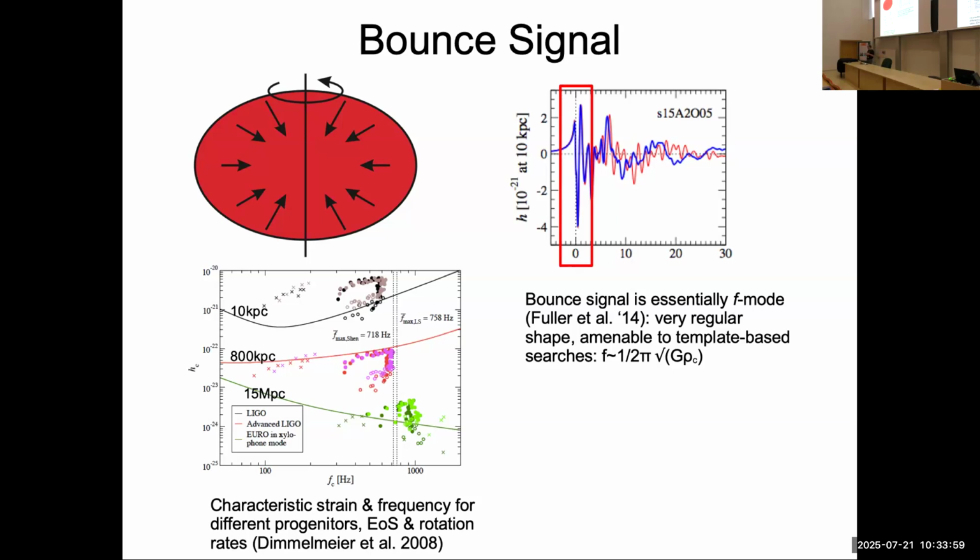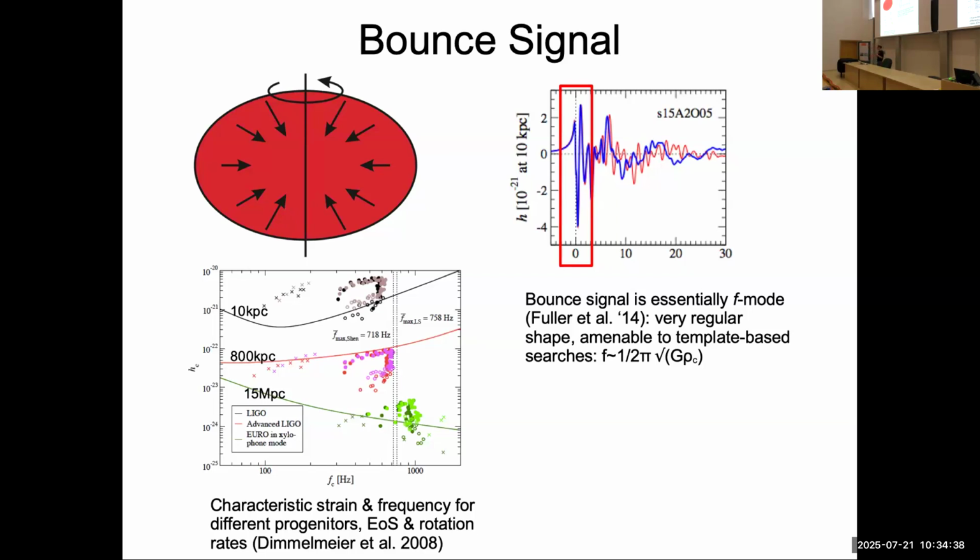Effectively, according to the analysis done by Fuller many years ago, you have a one-time ringing and then very quick ring down of what is at this early point the fundamental mode of this young proto-neutron star inner core, the former inner iron core, which has an interesting feature in that it is a relatively robust signal in terms of having an almost universal waveform